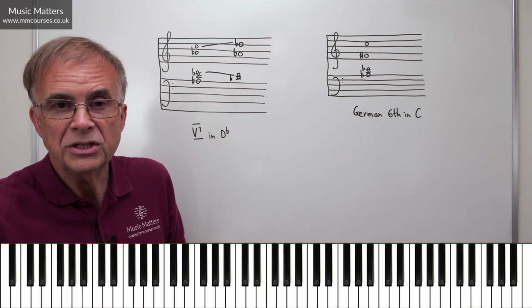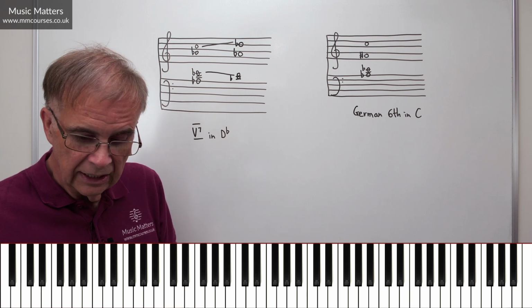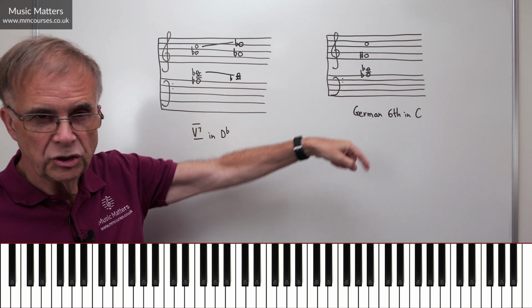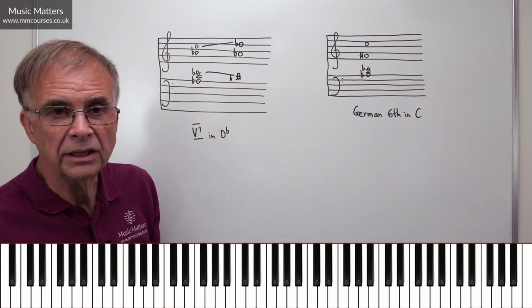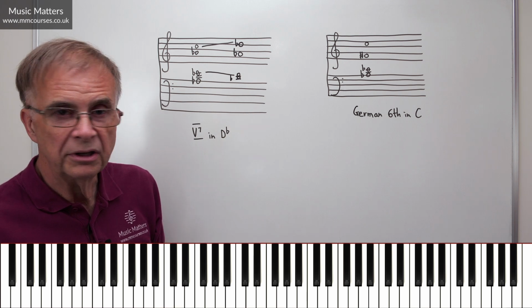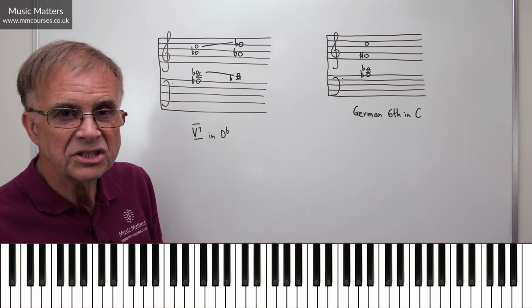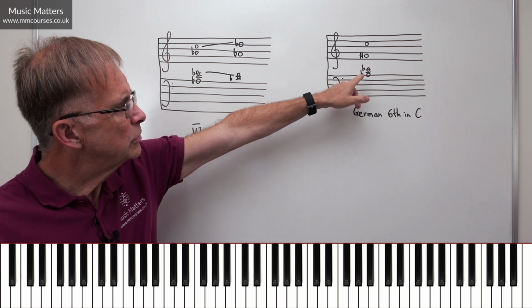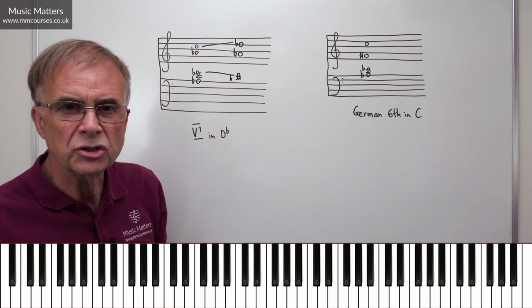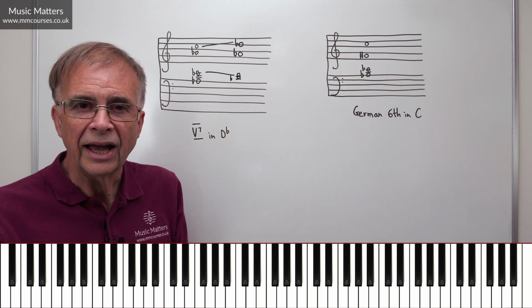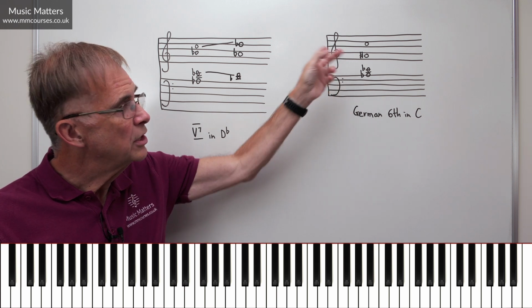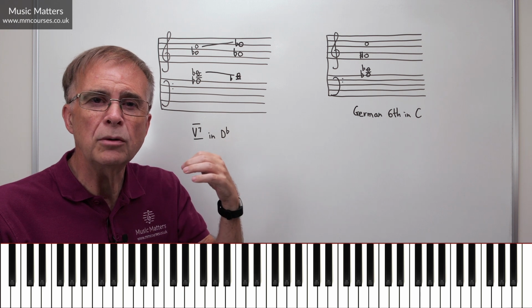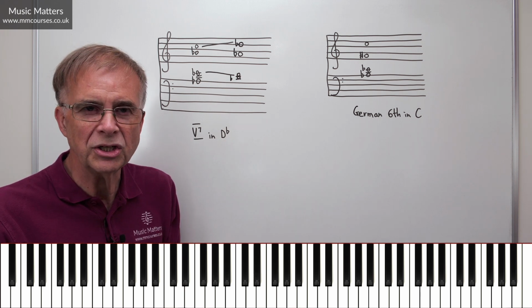So, shall we do that just so we've got the idea as to how that would work? Now, this would be a German 6 in C major or in C minor, so it could be either. But for argument's sake, let's say we're in C major. And before anybody says, how can we be in C major if we've got A flat, E flat and F sharp? Because in C major you don't have any flats or sharps. That's because those are chromatic notes in C major.